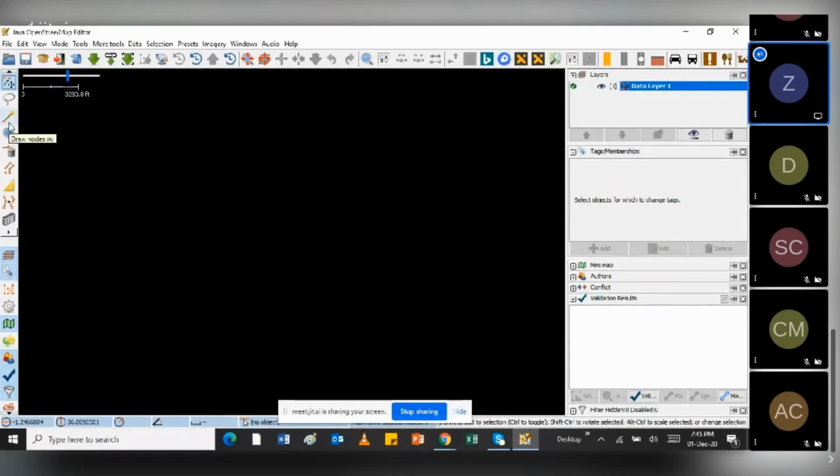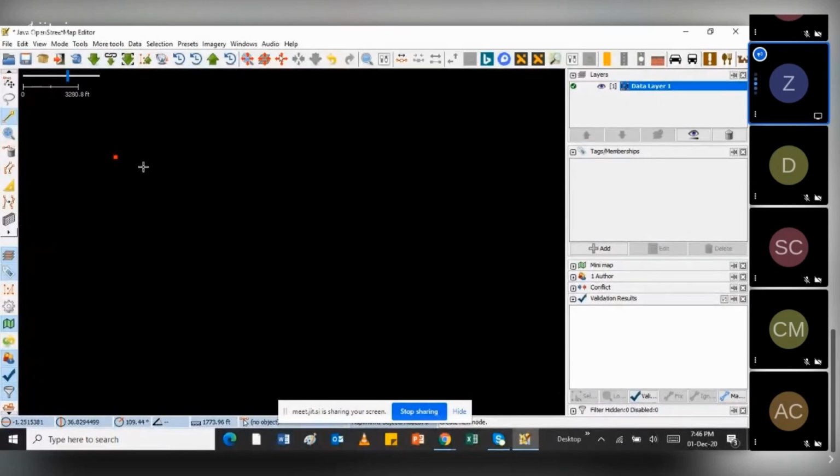So I'll just jump straight to how to add points of interest, and how to draw lines and buildings using JOSM. In this case, if I want to add a point of interest, I select the draw node tool and just click there, and automatically a node is added. If I want to add a point of interest, I just double click. Once I double click, a point has been added.